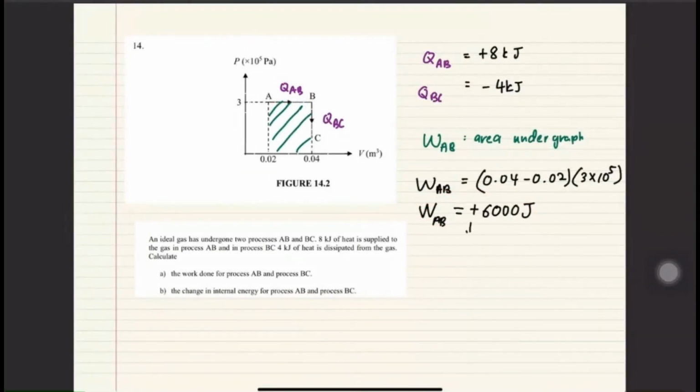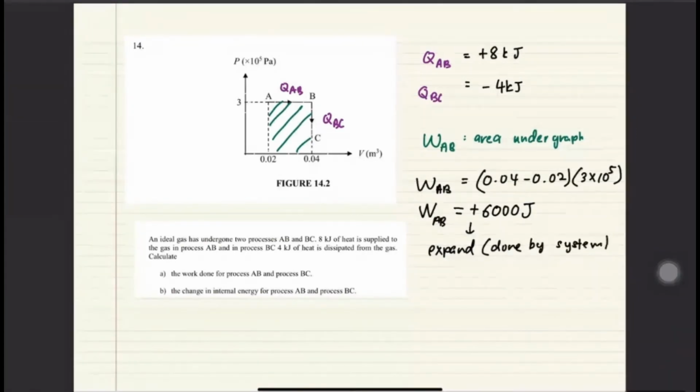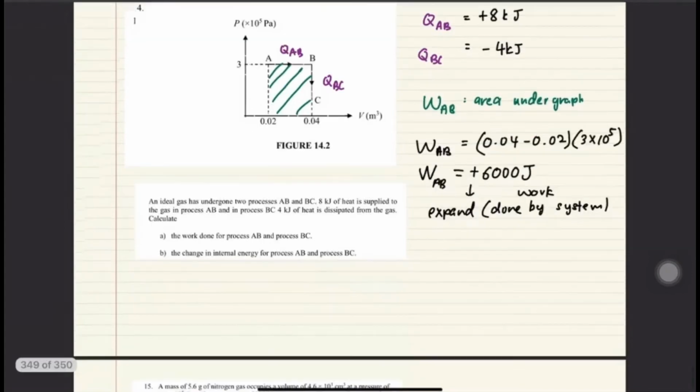Positive, expand, done by system. And what? Work done by the system. Okay, good. For process BC,